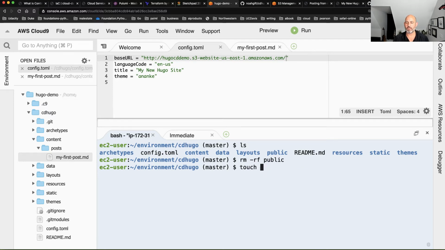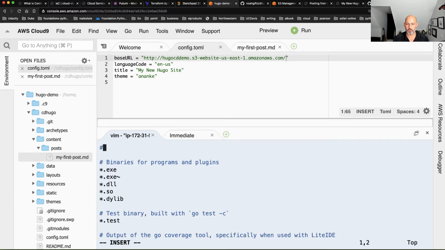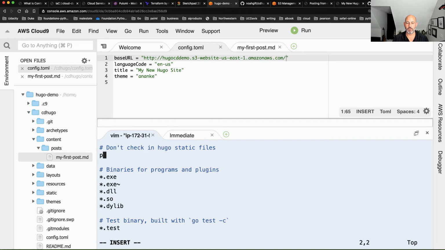I'm going to say touch, I think I have a Git Ignore. I'm going to tell it to not check in the public directory. So say don't check in Hugo static files, because we want to generate these dynamically. So I'll just type in here, public. Don't check this directory in.